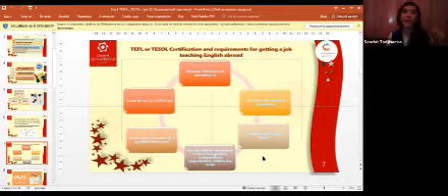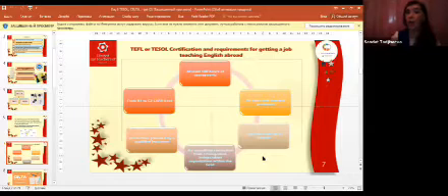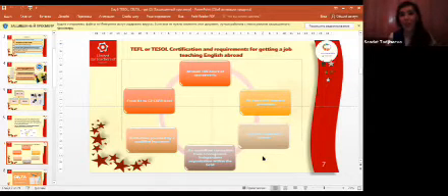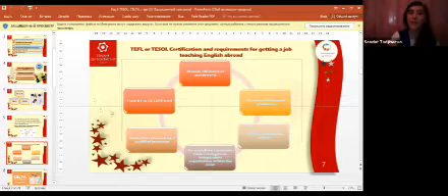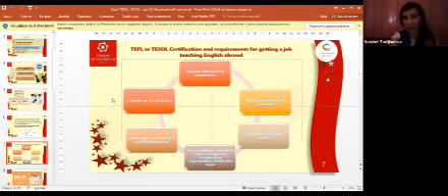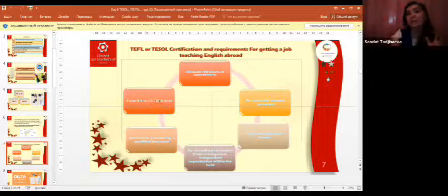Blended means when some classes will be online and some classes are offline, I mean on-site. And to be eligible for this course and to get this certificate, your level should be B1 or B2 at the beginning, and then you should improve it till C2. CEFR is not an examination, it is just the level of proficiency. This is just a framework to identify the level of the learners.